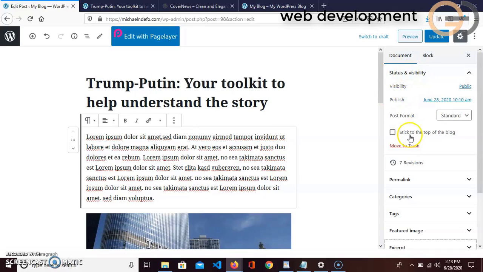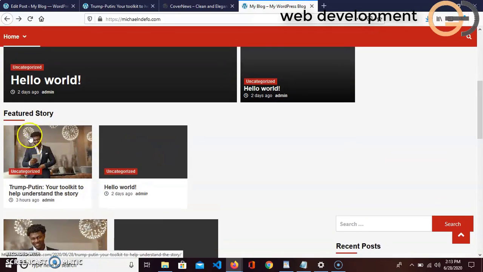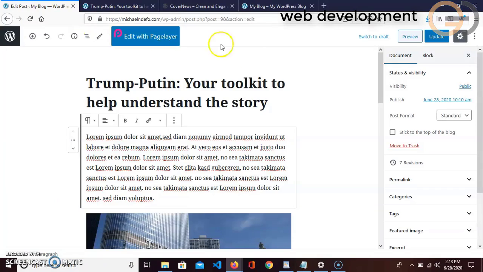I'll come to status and visibility, then the post format. When I click on post format, you can see it is set to standard. Once it is set to standard, you won't be able to see any of those icons, the video icon or the camera icon to show that that's an image. But once you are able to change this to image,